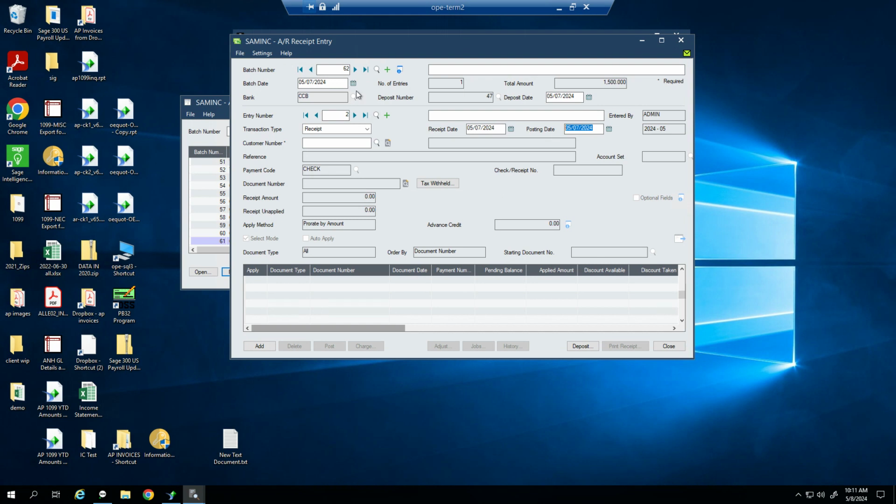They say, oh, this should have been on the 6th, and I'm going to change my batch date. Notice my deposit date doesn't change. And if I say, okay, now it's the 6th, notice my receipt date doesn't change because this entry has already been made. So if I change my deposit date, I've got to go into all my entered transactions and make sure I change my receipt date because it's really important for this date and this date and this date to